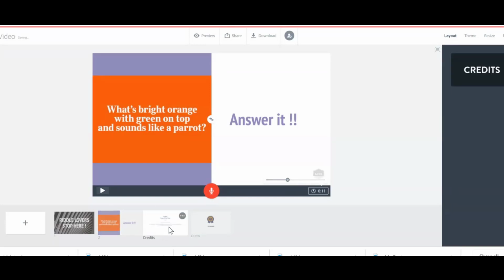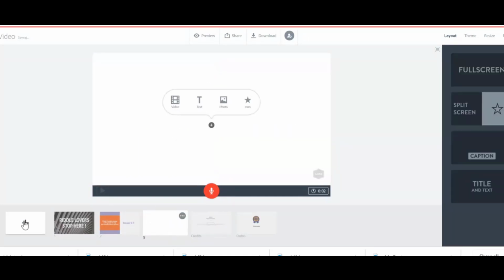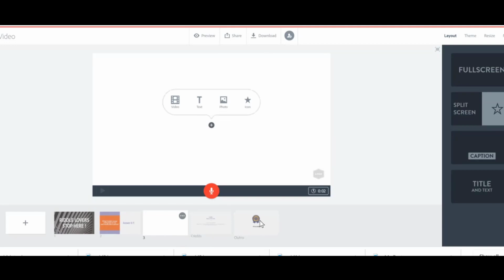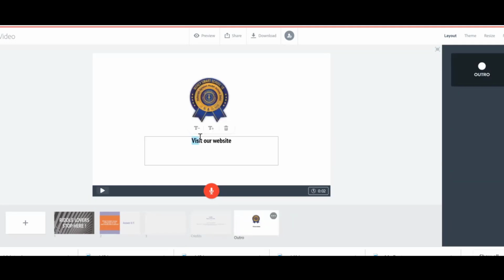In the next slide you can put answer of it. So you can press on plus sign, it will add more slides. If you have its answer, you can put your answer here. So after this they will wait and the answer will come. At the last your logo will appear and here you can write your website address. You visit our site. Here I am writing school Agrasen school.com. Here we can write our own blog on site, that is subject. Now in this way you can keep on adding the slides.